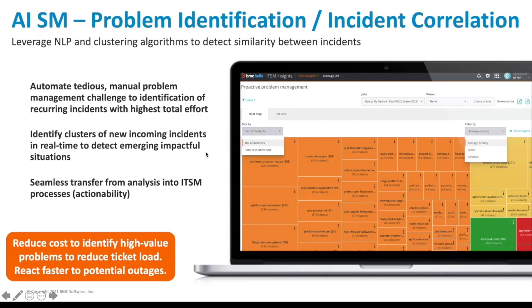So just to recap, in the earlier releases, we had added the ticket clustering use cases for proactive problem management and real-time incident correlation. Both these use cases are based on ticket clustering, which then internally works on AI capabilities around NLP and clustering algorithms. So in proactive problem management,